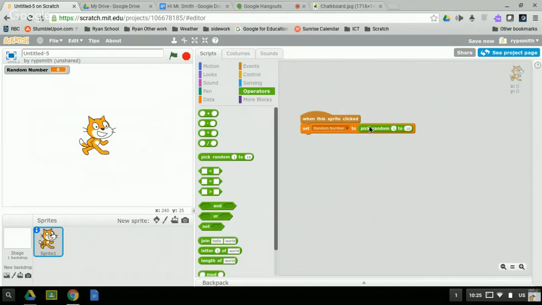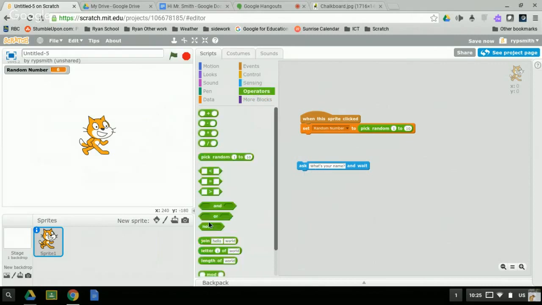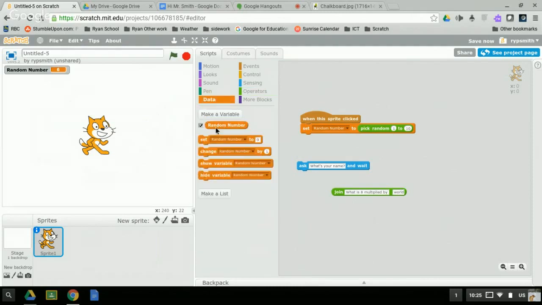The next thing we're going to do is ask a question, and I'm going to use some joins to do this. So I'm going to join. I'm going to say what is, and we'll do our 8 multiplication facts or tables. What is 8 multiplied by, and the next thing I'm going to do is bring in the random number. So what is 8 multiplied by,